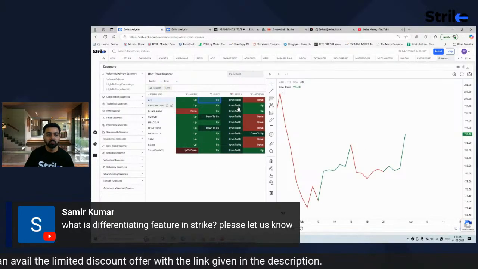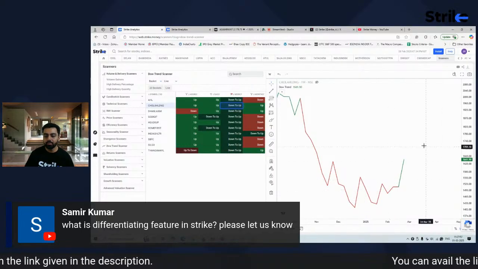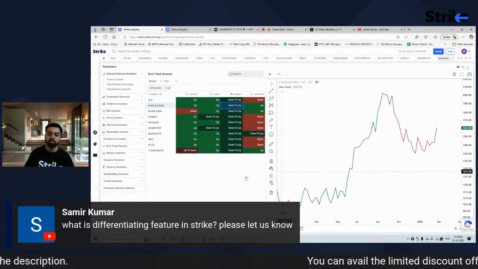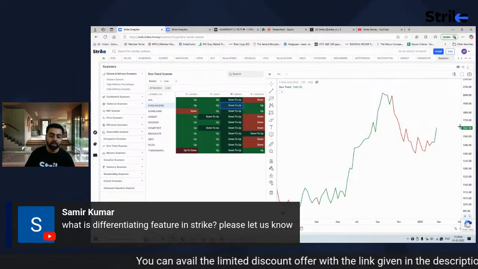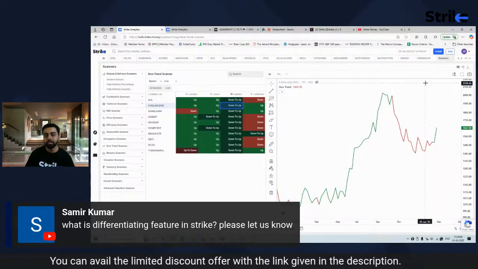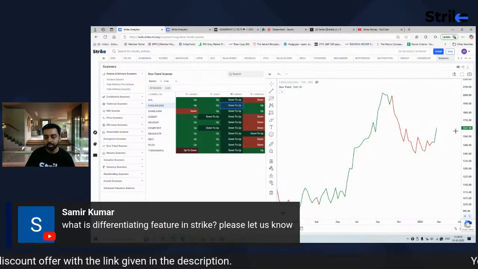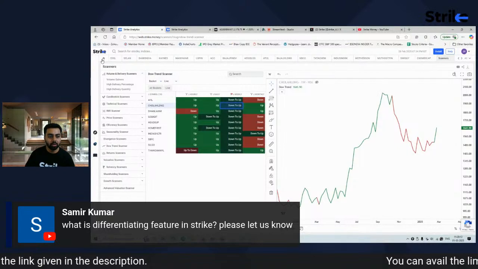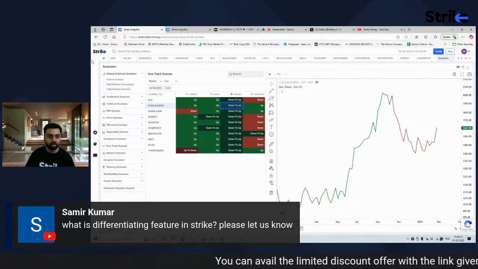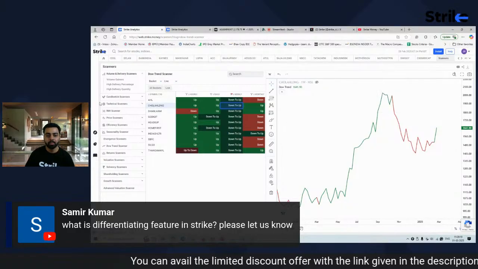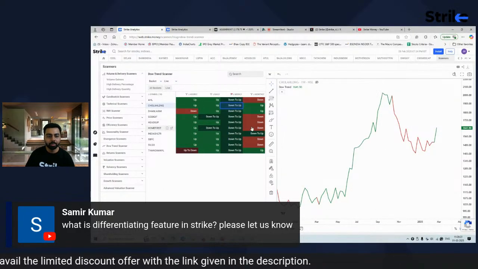So in this case, you can see that, say, Chola Holding is the one which is breaking above the previous high even in this down market. So this will quickly help you to spot the winners, and you will have to spend less time in scanning the stocks and more time in analyzing them, as to whether they are fitting in your bill or no. But there are lots and lots of scanners that are available in Strike, which can really help you. And the UI is so simple that within a click you can understand what is happening in the stock.